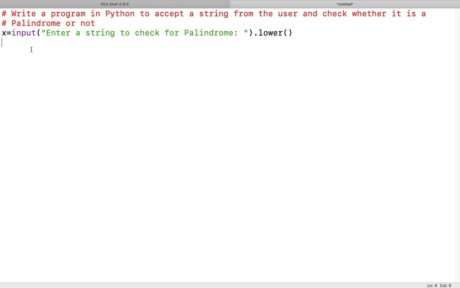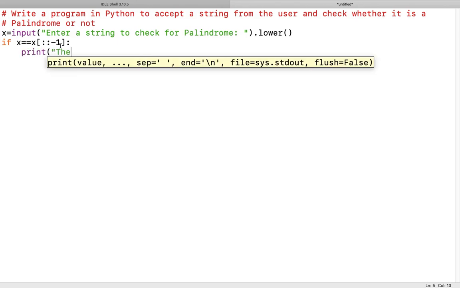We are going to use that concept here. So how to do that? If the original string, which is x, equals x[::-1], that means if the original string is equal to the reversed string, then we can conclude that it is a